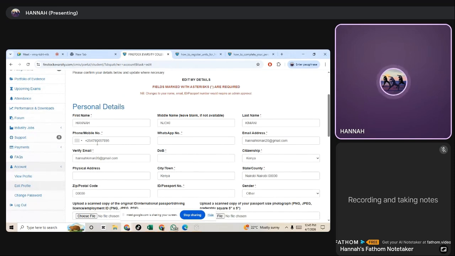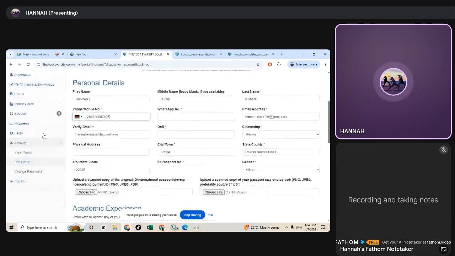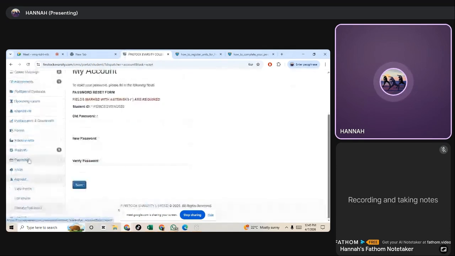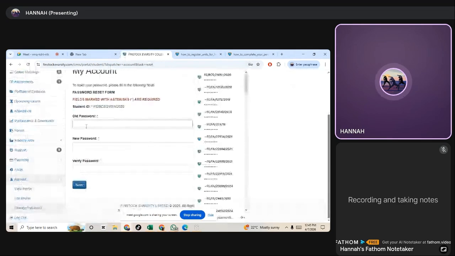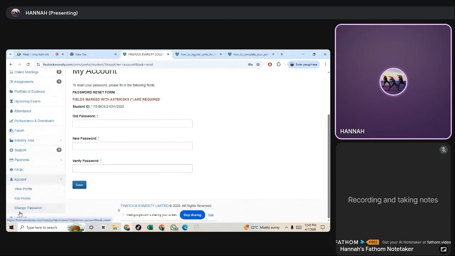Remember, I want to reach you as Feastock, so you can change your number here. Or let's say you want to change your email. This is where you change it, and then you can even go ahead and change your password. How do you change your password? You click on that, you write the old password. So you have to remember the old password, then the new password, then you save.